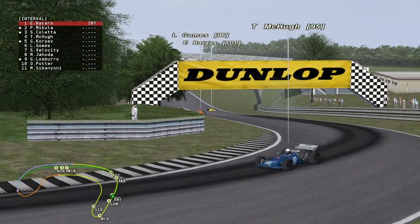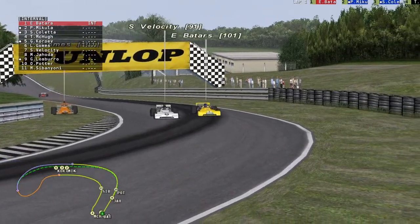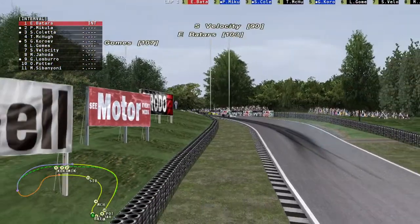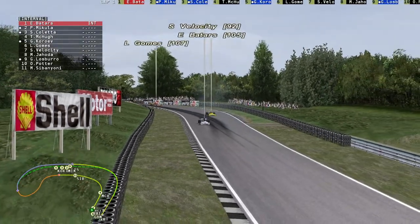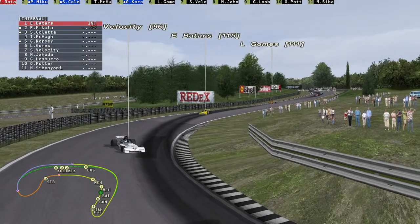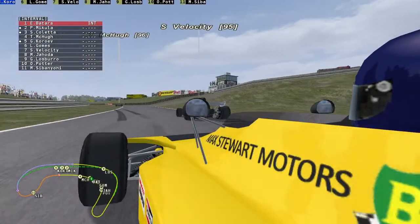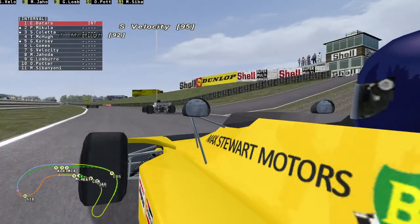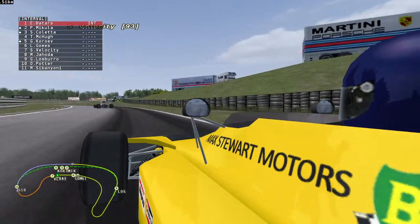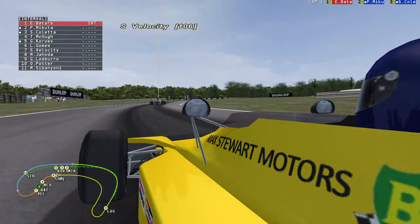Similar to what we saw in free practice 1 yesterday in Formula E. That was a scary incident. I didn't watch it, but I think I read some stuff. Yes, basically corrective starts were happening, and I believe Oliver Turvey just didn't see it and went plowing into the back of some cars. Yikes! That's all I'm going to say about that. Yeah, luckily everyone was okay, but that was scary stuff. Anyway,